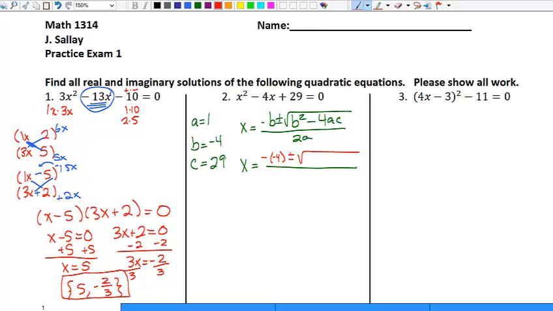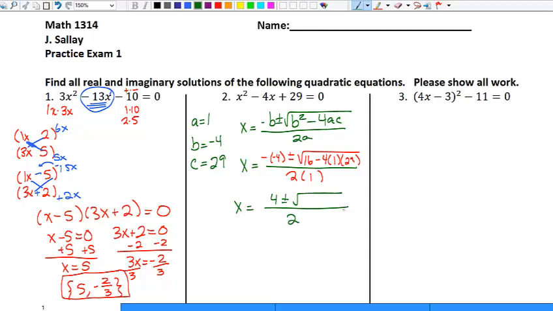Plus or minus the square root of b squared. Negative 4 squared is 16, so I'm just going to go ahead and write 16 right away. Minus 4 times a, which is 1, times c, which is positive 29, all over 2 times a, which is 1. So we have x equals positive 4 plus or minus